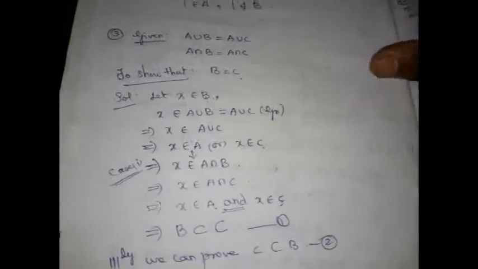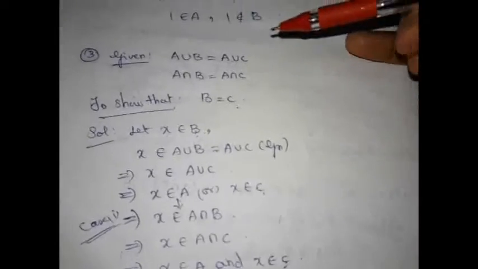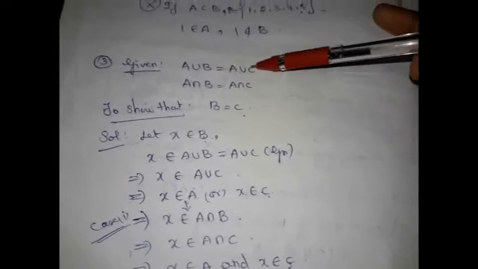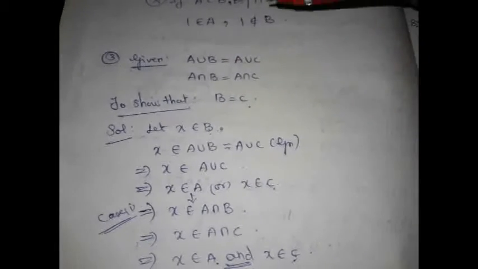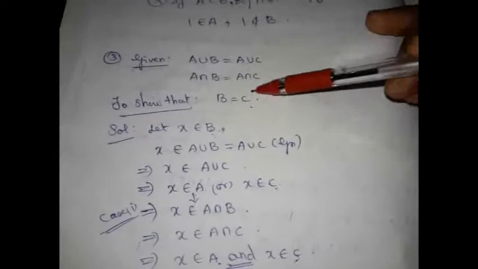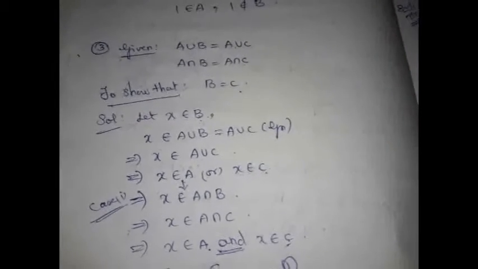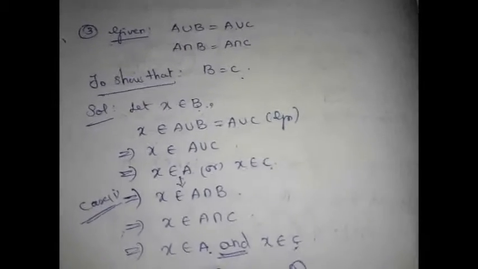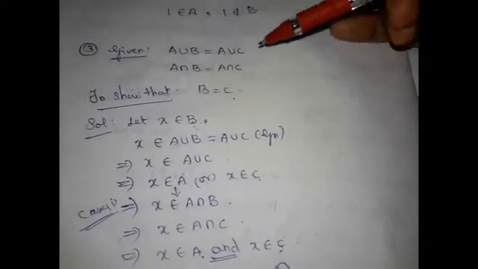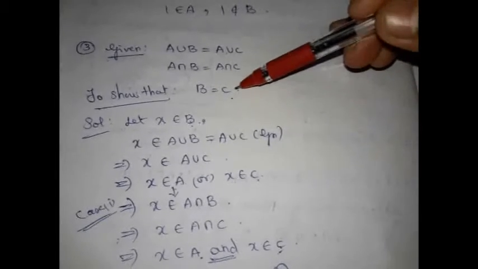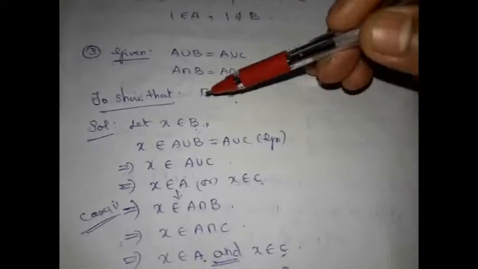Right? So these are all simple problems which we solved, where directly you will substitute the values and get the answer. Then we have seen a few important questions on miscellaneous exercise. I want to recall that also. When you need to prove like this, they have given A union B equal to A union C, A intersection B equal to A intersection C. They asked you to show that B equal to C. When you need to prove one set equal to another set, how have we proved? We have proved the first set is a subset of the second set and the second set is a subset of the first set.